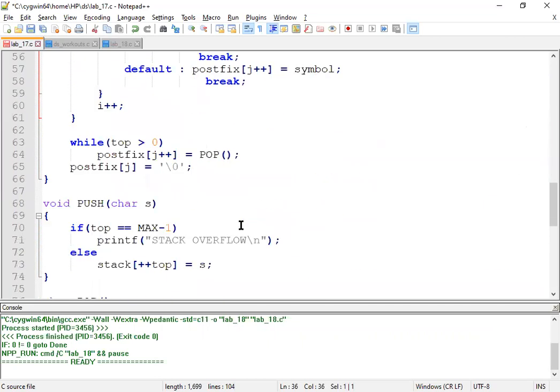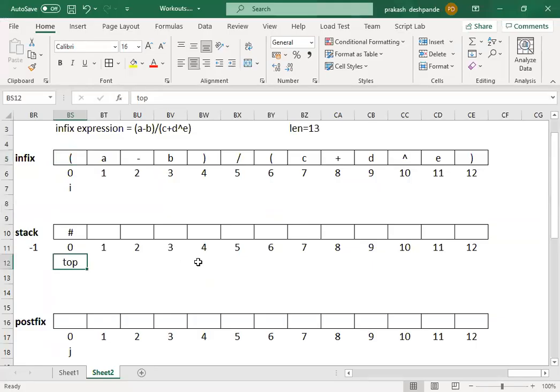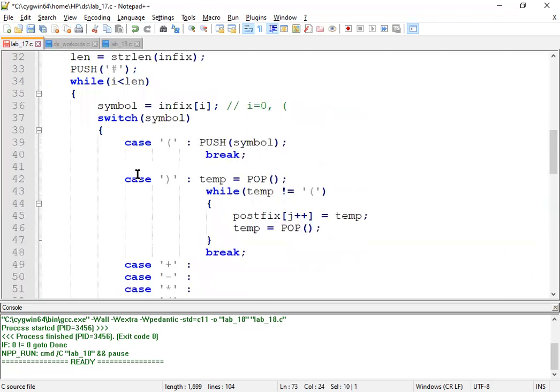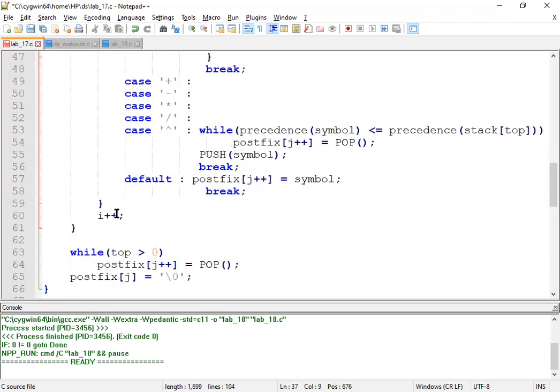Obviously the check top equal to max minus 1 turns out false. Then we push it onto the top of the stack. When we push onto the stack, top has to be incremented first. So top will be incremented, and the open parenthesis will be pushed onto the stack.